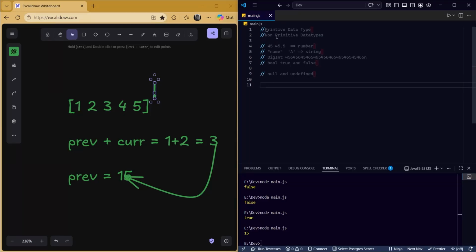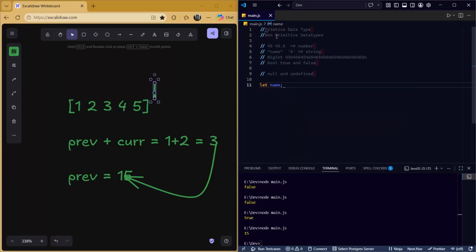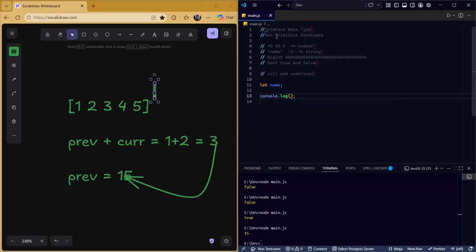Now let's learn it with an example. Suppose I declared a variable name here, and now I don't initialize any value to it, right? Now, if I print name here, I get undefined. So, what is undefined? If I unintentionally don't give any value to a variable, then on printing that inside the console,